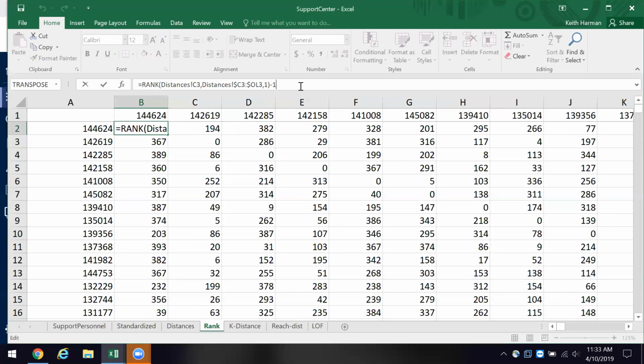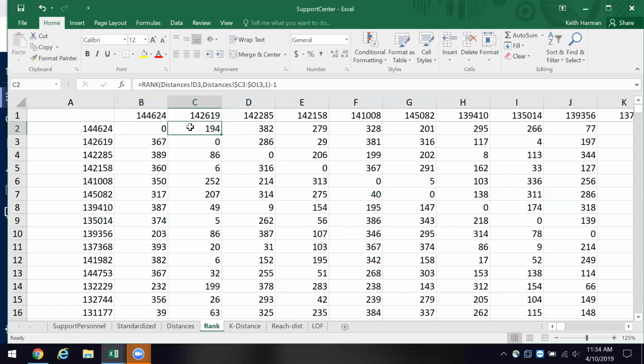And the last thing we're going to do is take a -1, and that gives us the self-distance a rank of 0 rather than a 1. And that's how the matrix operates. If I go over here to C2, it's the same story.